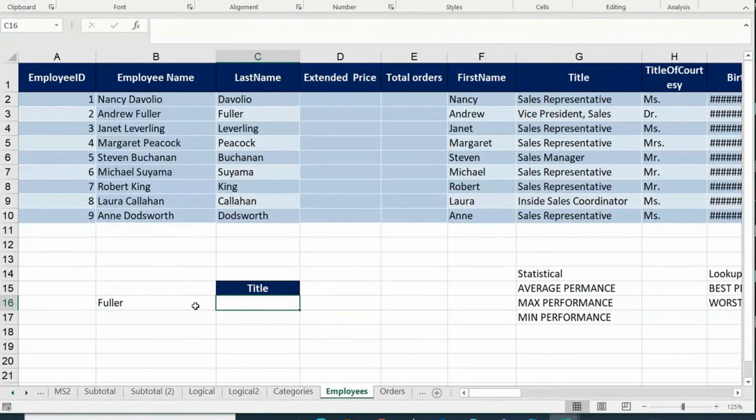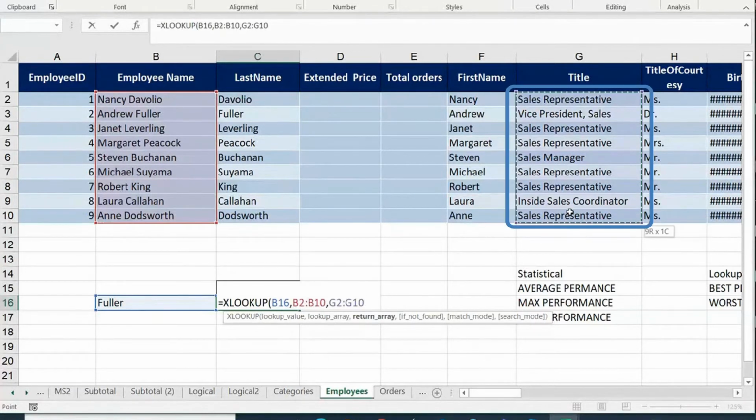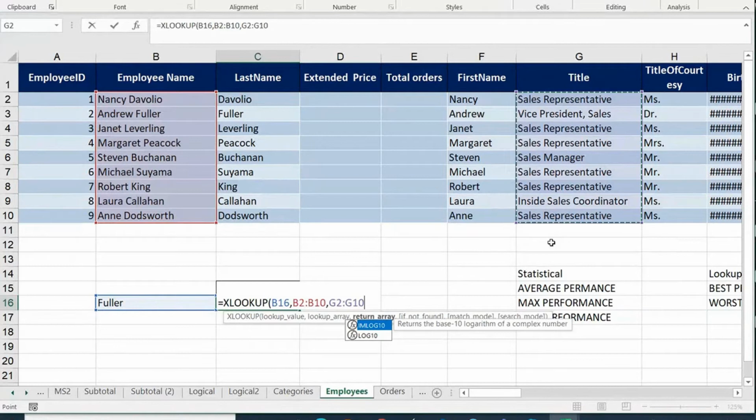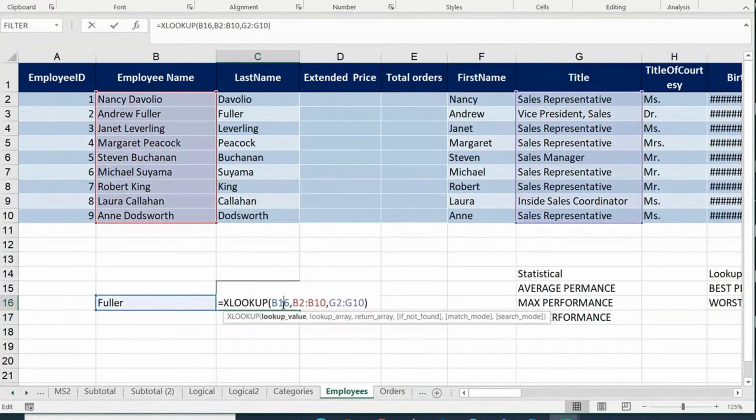Yes, we can do. VLOOKUP does not work here. You can do this with XLOOKUP. XLOOKUP has one wonderful option. I'll just show you that. XLOOKUP. So first I'll search directly. Let us see what happens. I'll go with this B16, comma. Lookup array is this column, right? Return array is this column because I want title, right? So let me take this. Let us see what happens now. Of course, we get an error actually now. We get an error because XLOOKUP did not find Fuller because an exact match is happening.